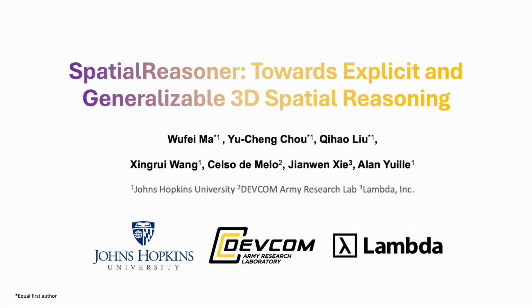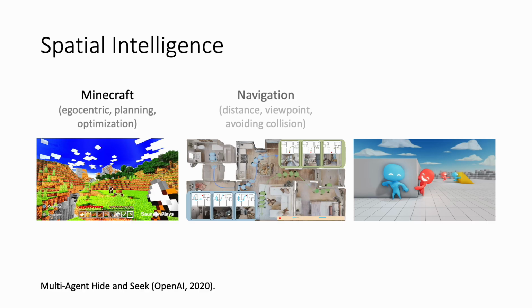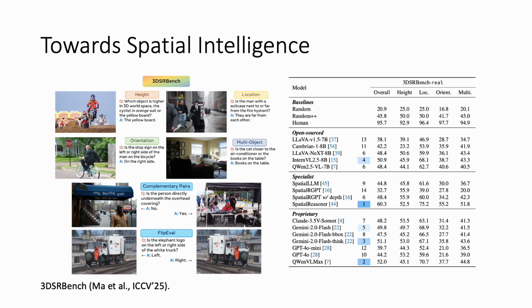We introduce Spatial Reasoner, our latest efforts towards explicit and generalizable 3D spatial reasoning. Recent advancements of spatial understanding have driven remarkable progress in embodied AI and robotics. The capability to comprehend scene layouts and object relationships is crucial for egocentric or allocentric reasoning, planning, and occlusion reasoning in downstream tasks. Notably, 3DSR Bench presented a comprehensive evaluation of image spatial reasoning, spanning 12 question types from 4 main